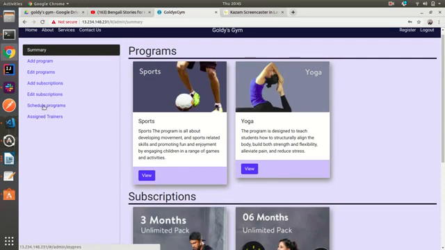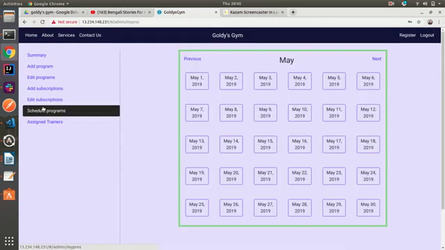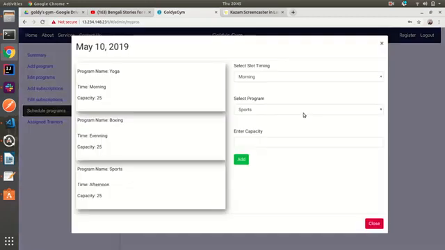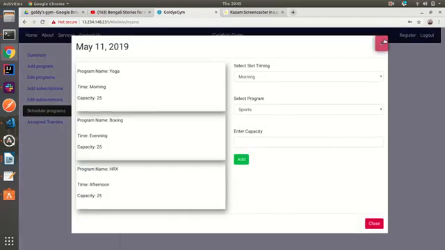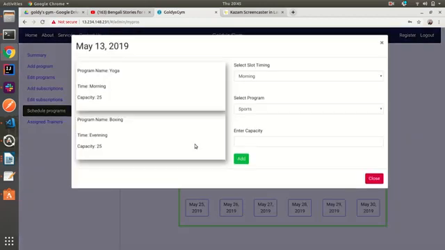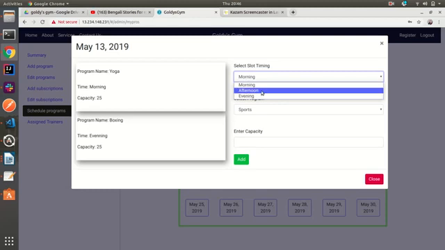It's removed. Now we are coming to schedule programs, which is the main part of our product. Whenever the gym owner wants to schedule a program for a particular day and for a particular slot, he can. Suppose, okay, let's see, on 13th May I am adding some program.